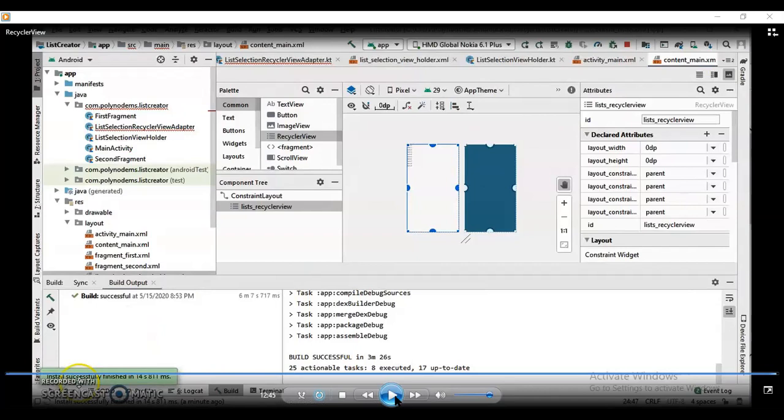The adapter will reach out to the view holders to find how many items there are. Then the view holder will return those items or view holders to the adapter. Then the adapter will bind those view holders with the data element which is to be displayed, and then it will return those view holders to the recycler view. So this complete process we have seen in today's session.